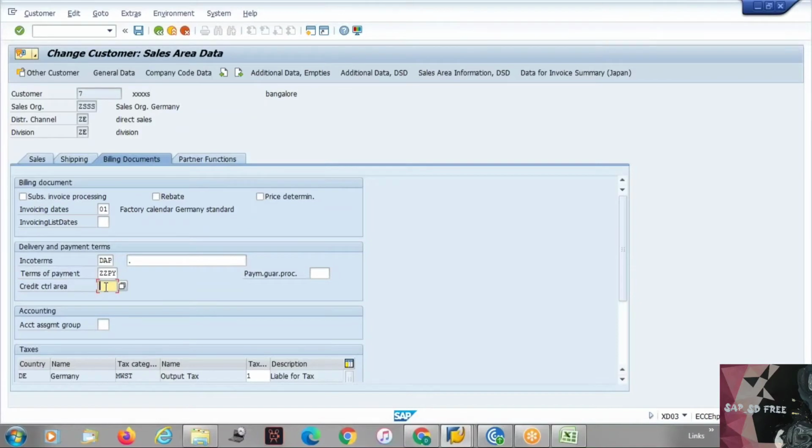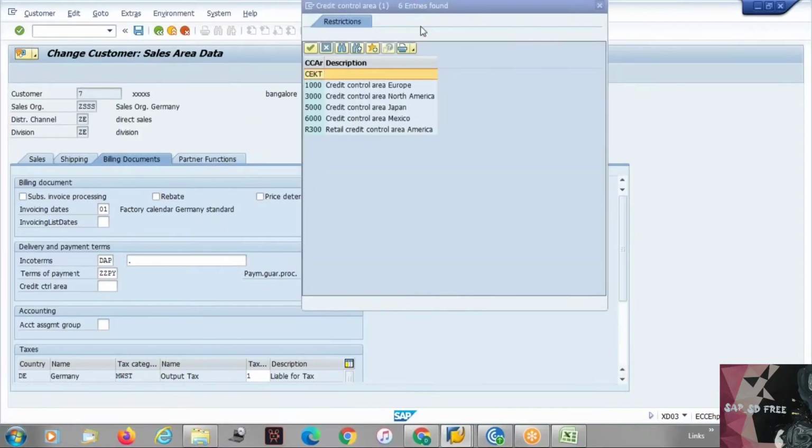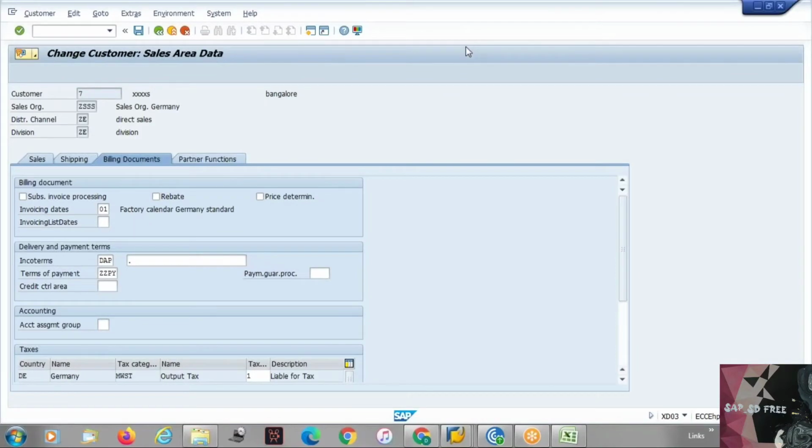Credit control area is basically, again, something we will talk about when we come to the concept called credit management in detail. But if you want to assign a particular credit control area to a customer, like if you have multiple credit control areas and you want to assign which credit control area this customer belongs to, then you will assign it. Basically, for us, in